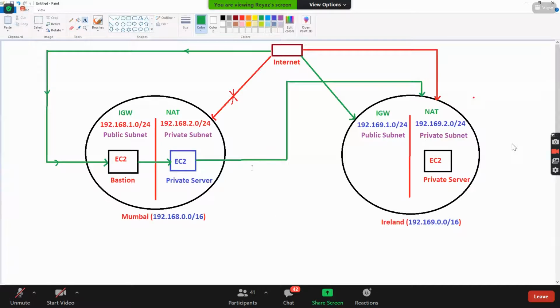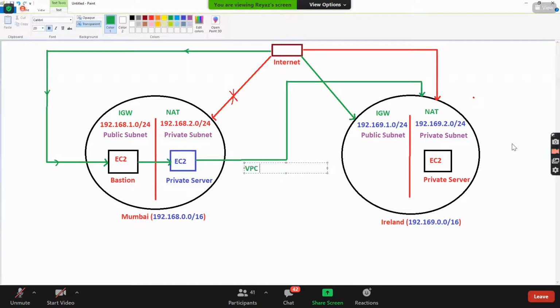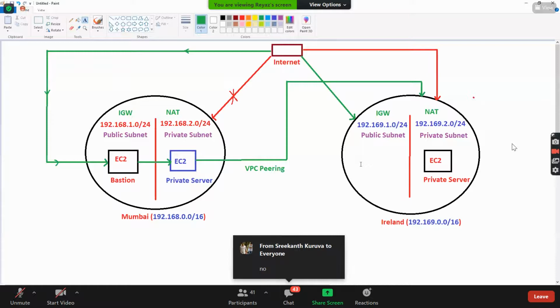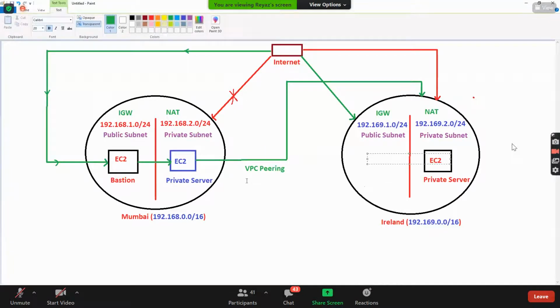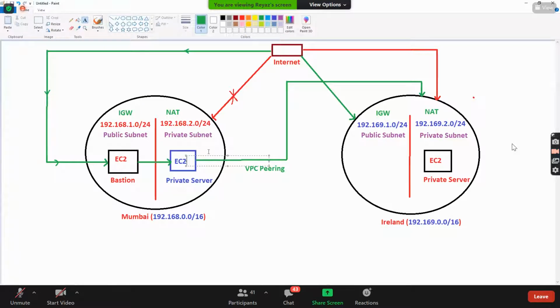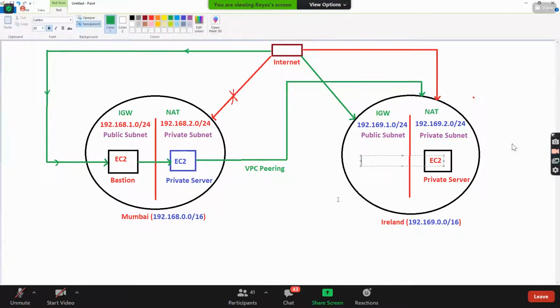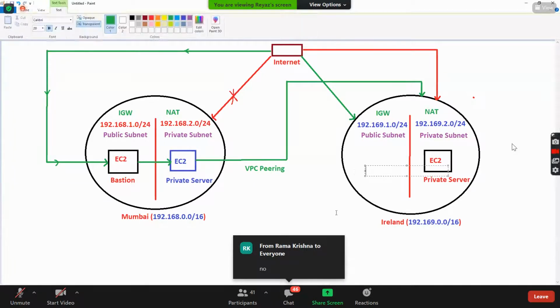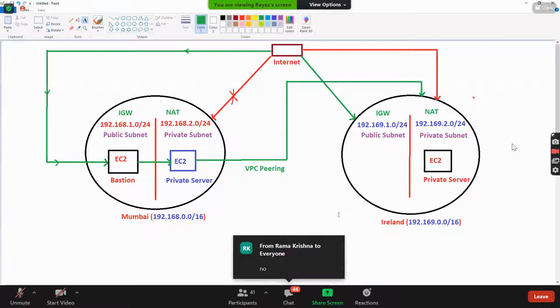Guys, this is possible through VPC peering. Now from private to private, we are connecting. Do we need a Bastion server? Yes or no? If you want to connect from the internet directly to Ireland, then you go for Bastion. But here my topic is from one VPC, private to private. Do you need Bastion? No, there is no need for a Bastion. If at all, you can put it. Make sense? Is this clear, guys?